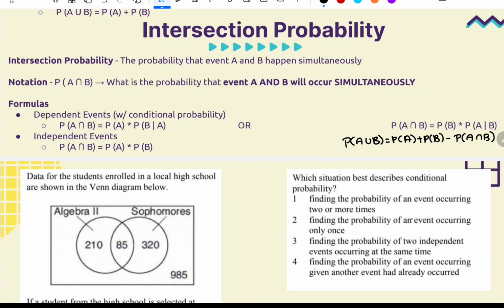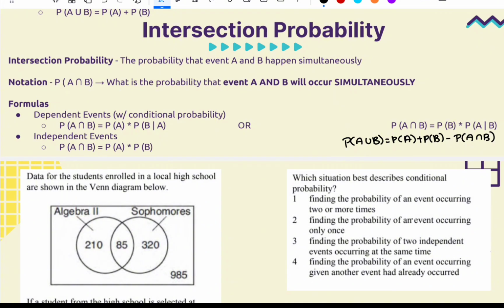If you're building on a conditional probability and then they ask you to find the probability of both events, you could use the conditional probability. If you know your events are independent, you can multiply both events and get the intersection. If you're given information on or, you're given the probability of both events, then you can use the union formula and work backwards. So, explaining all of these, and one more thing,